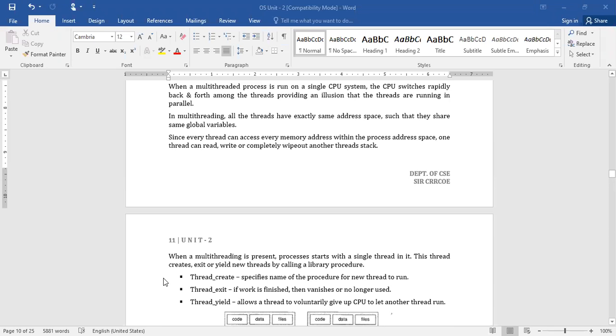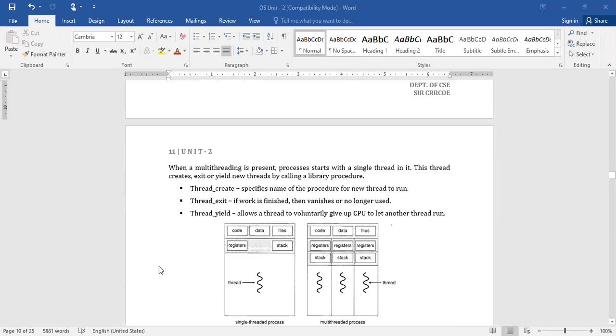Fine. All right, now the thread will be doing these three activities by calling library procedures: thread create, thread exit, and thread yield. Thread create specifies the name of the procedure for a new thread to run.